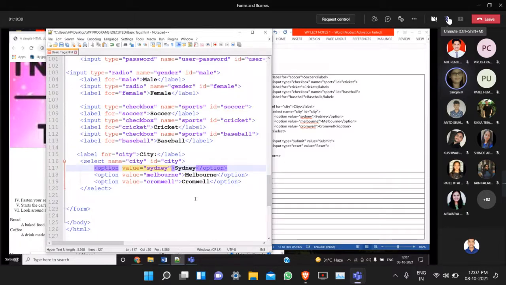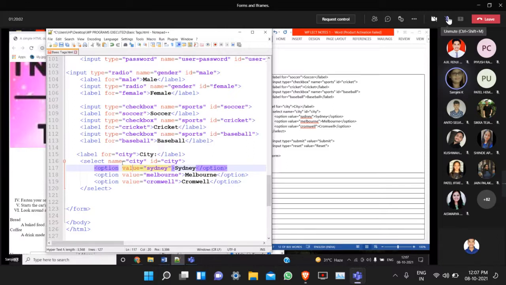He might have selected some other option. So which user selected which option should be retrieved using JavaScript or PHP. So at that time we have to identify each and every option uniquely. Using other attributes, we cannot uniquely identify each option, only using the value attribute.